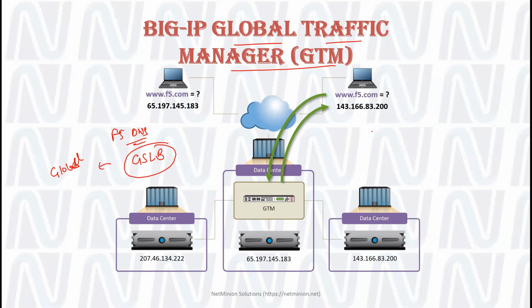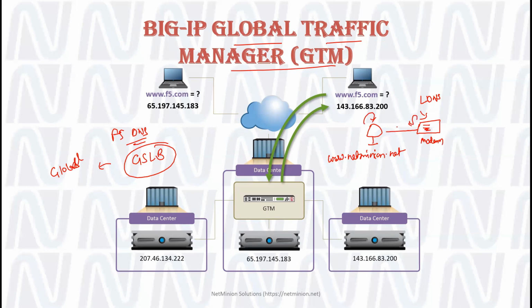Whenever some traffic comes, see, this is a client. This client is going to any website, let us say www.netminion.net. First of all, the client will see its own cache, maybe the browser cache, maybe the system OS cache. Let us say it's not there. It will go to the modem your ISP is providing to you, at your home or wherever. It acts as the LDNS, the local DNS. It will try to find out whether it has some cache or not.